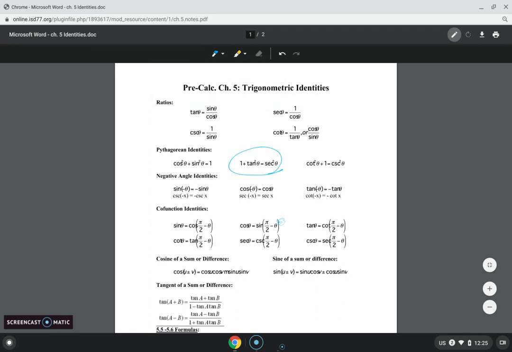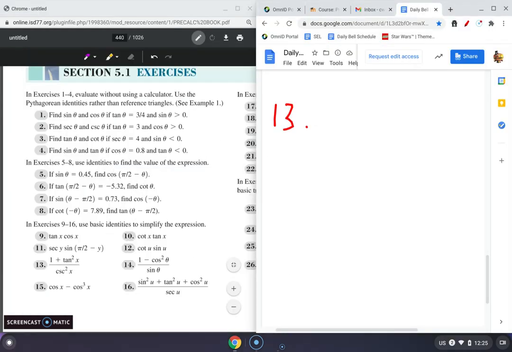So 1 plus tangent squared can be simplified to secant squared. So we're going to go secant squared x over cosecant squared x. Well, secant over cosecant would be the same thing as, hold on here,